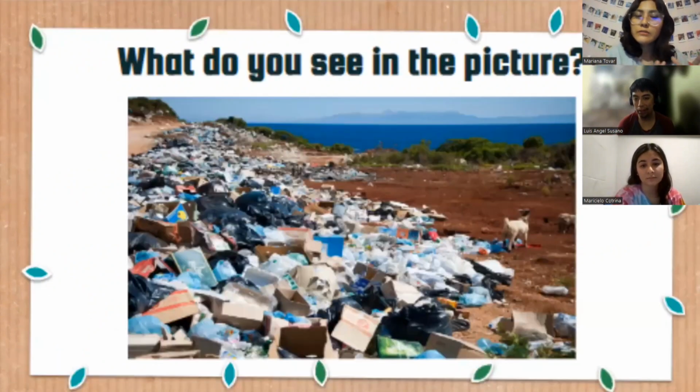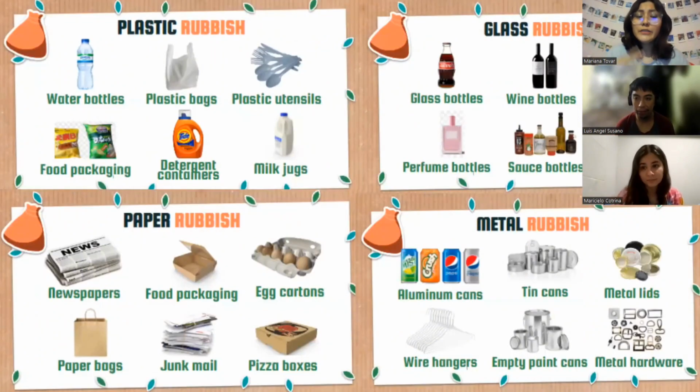First, the teacher shows them a picture and asks the students what they see in the picture. This is so that students can mention different rubbish items like cardboard boxes, plastic bags, bottles, or anything they see in this picture. After that, the teacher introduces the different types of rubbish, for example, plastic rubbish, and what